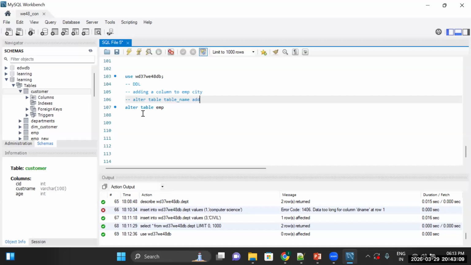You want to do add or drop, and rename column, that you can also do. You can rename a column, you can drop a column, or you can add a column. Based on that the syntax will vary. Column name and all you have to give here, right? For adding a column, the syntax is alter table, add column name,